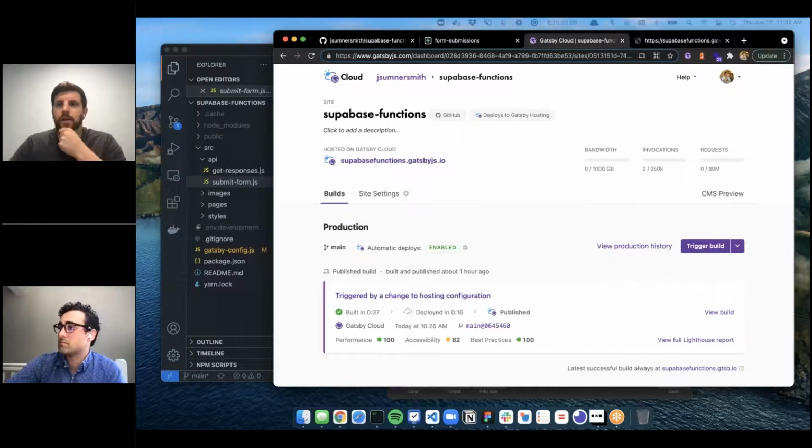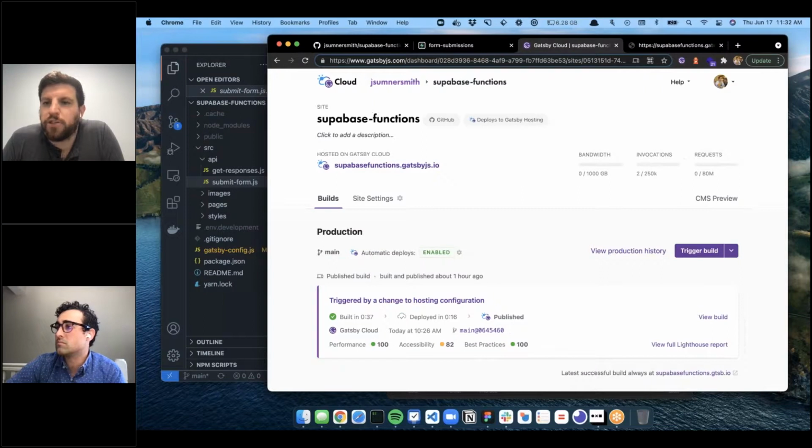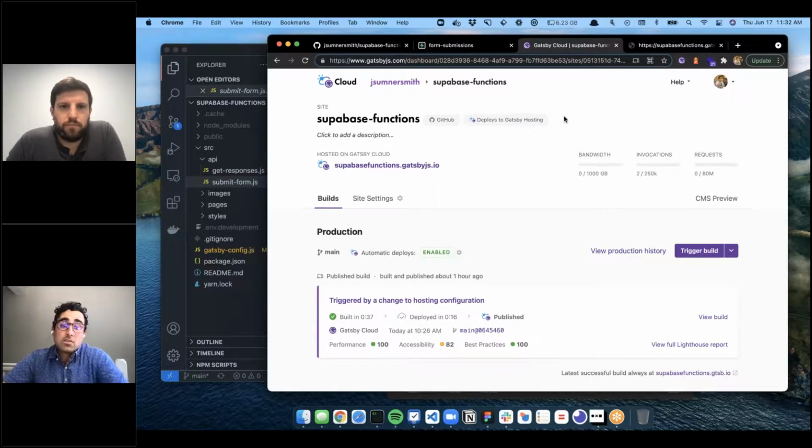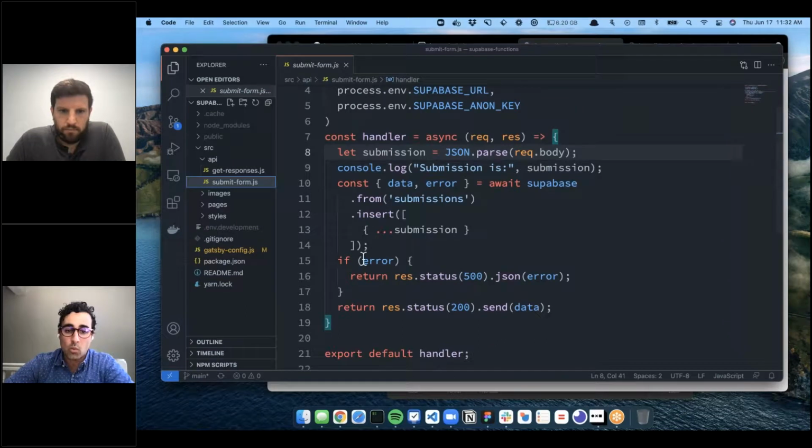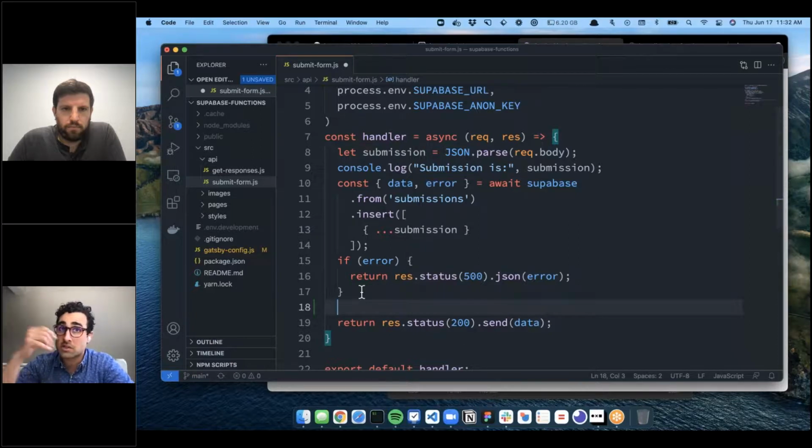All right, awesome. Does Gatsby handle, do functions handle notifications for a form submission, or would that be on the Supabase side? That's a good question. You can have it include any kind of notifications, right? So once that comes back as data and that's positive, you could add anything you wanted in here. Some of the other examples we've done are Twilio and SendGrid.